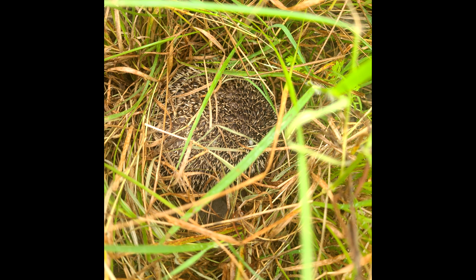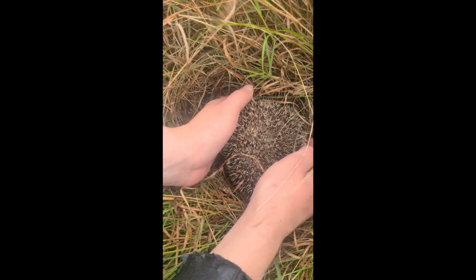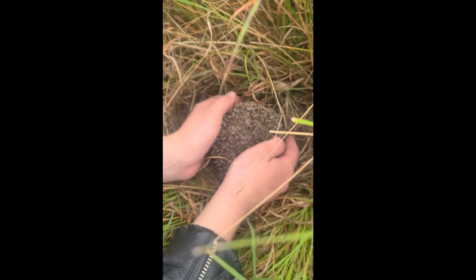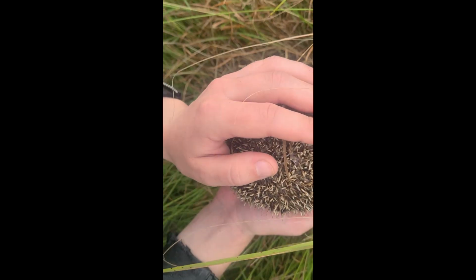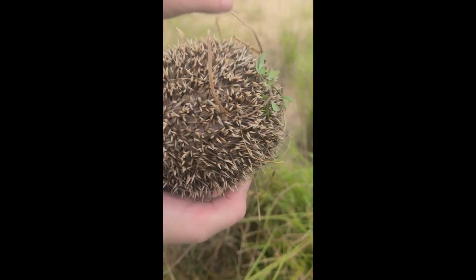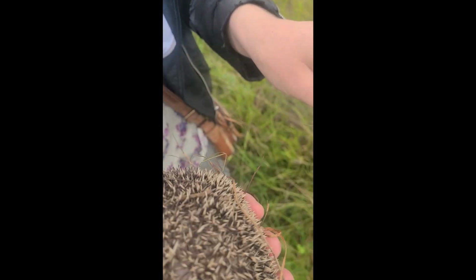We came across a hedgehog or tenrec. I don't know which one. I'm not a tenrec or hedgehog expert, but we found one either way. We found it in the grass in one of the crop fields, and it had some ticks which we took